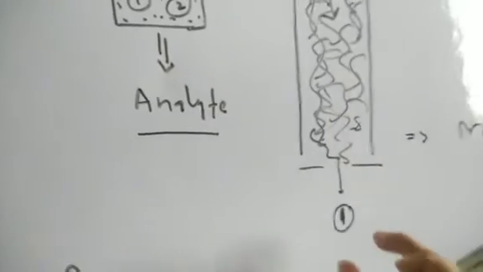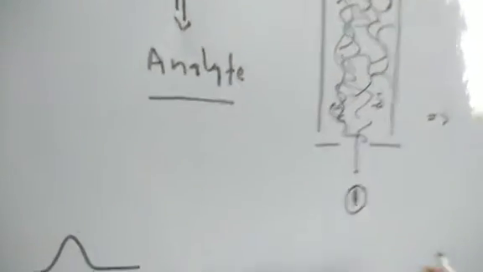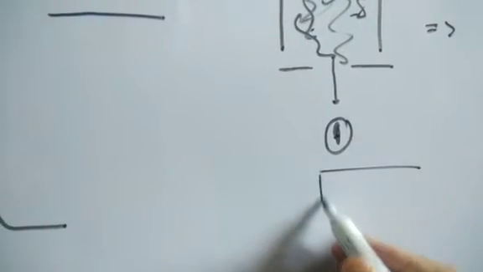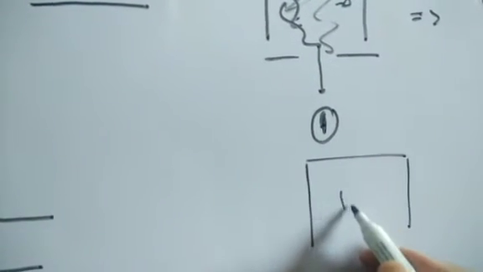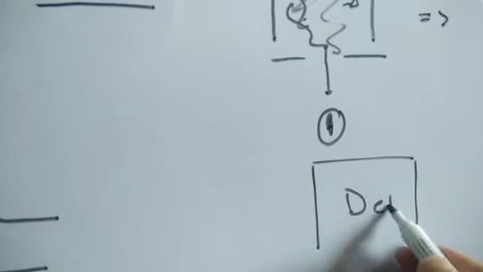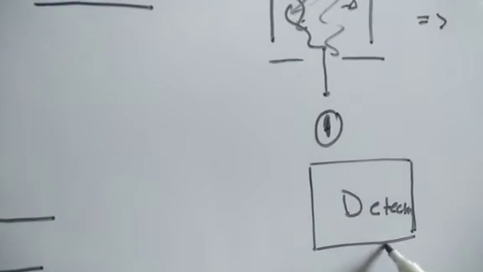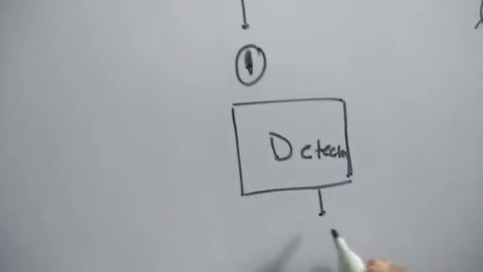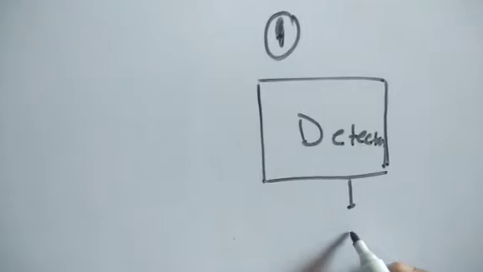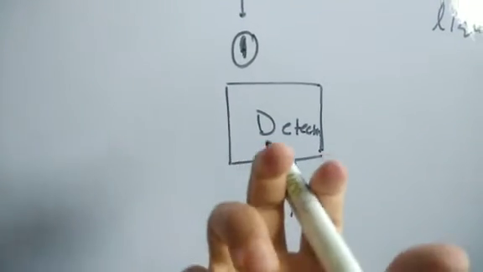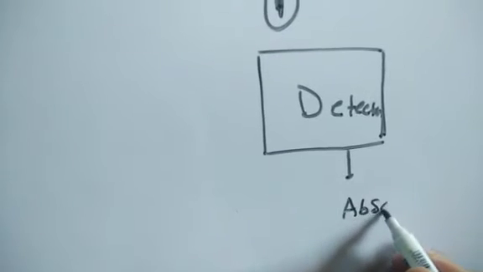Okay. Now this analyte we can detect with the help of a detector. So we have a detector here. I'm trying to draw a rough picture so that it will be easy for us. Now that detector can be of different types. This detector can detect based on the absorption response. That analyte has some absorption value at different wavelengths. It can be based on the absorption response,